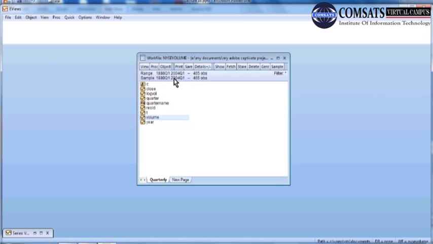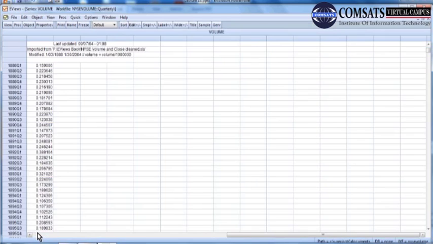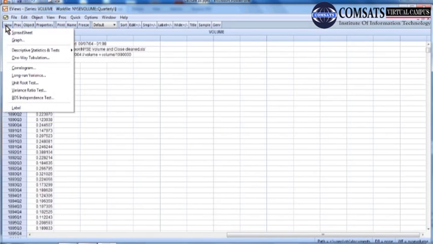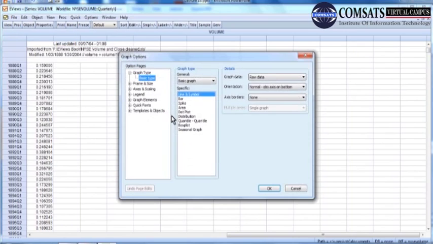For example, when you draw the series from here, let me do it again. The graph which we want to draw, and your data, and graph data orientation, and the other things are normal. So graph type, and we can press OK.